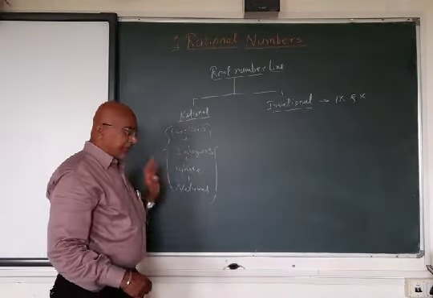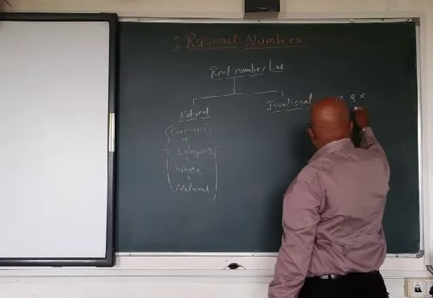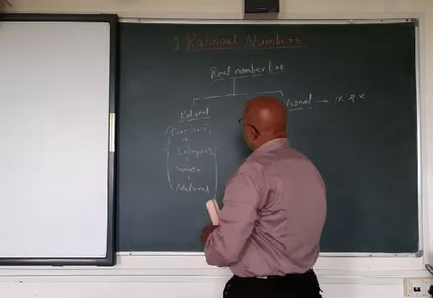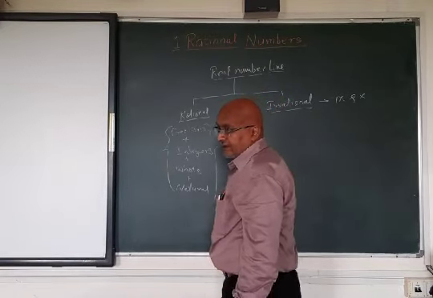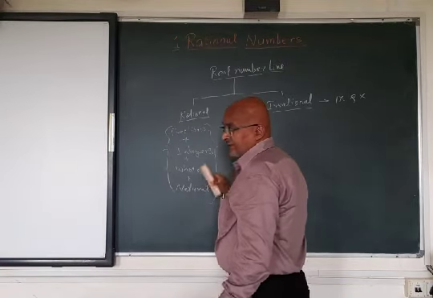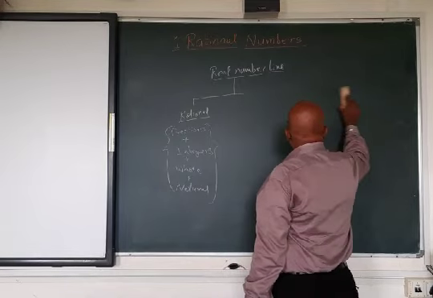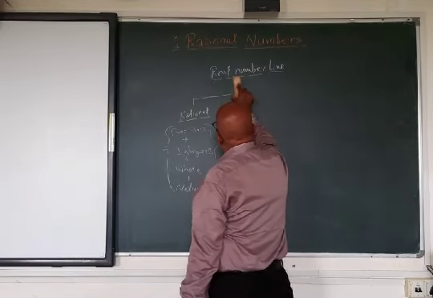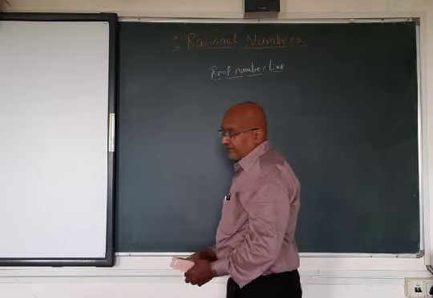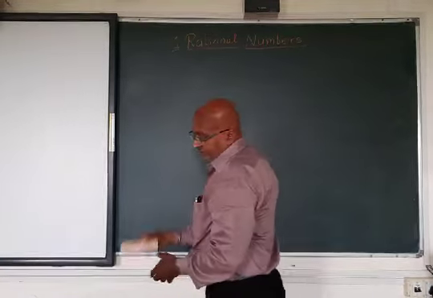Now, all these numbers we have to represent on the number line. Even you will see in 9th and 10th that irrational numbers can also be represented on the number line. And this is the final number, the real number, meaning no other number is there than the real number. It is the final one. That is why we can represent all these numbers on a single line which is expandable from both sides. So understood?